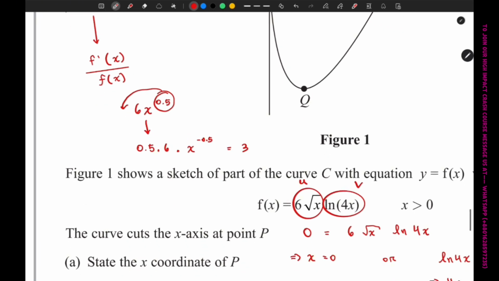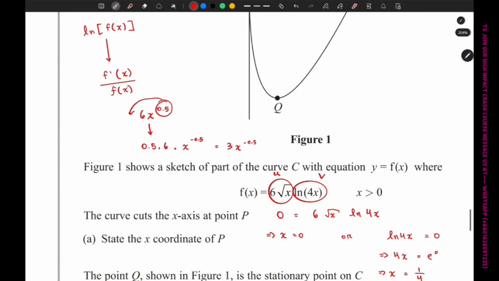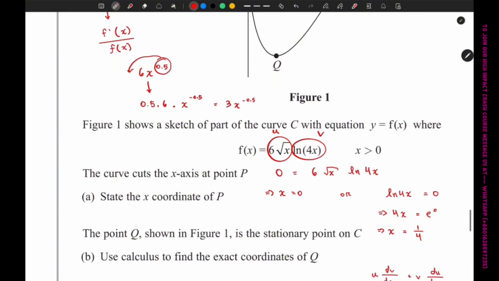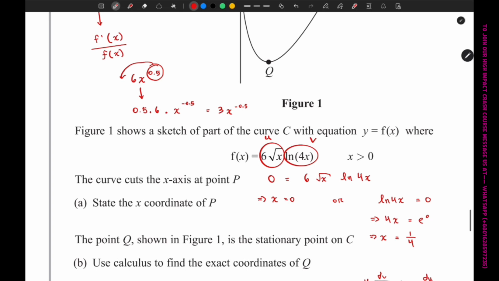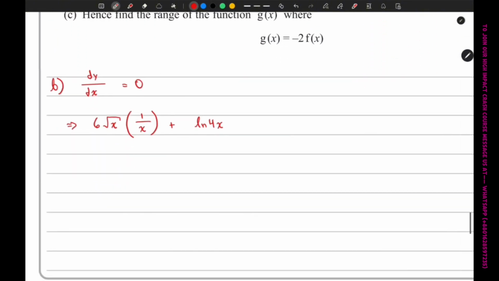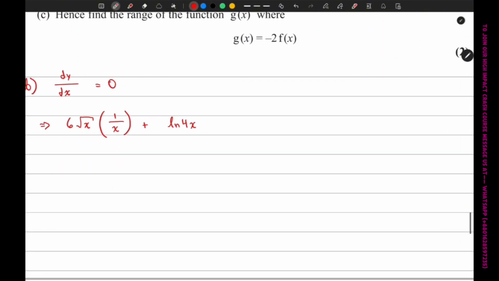So this is basically 3x to the power negative 0.5. So this is the derivative of 6 root x. You can also write this as 3 over root x. So this can be written as 3 over root x